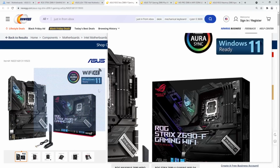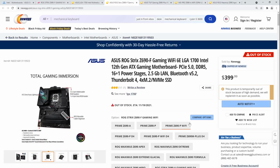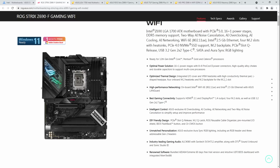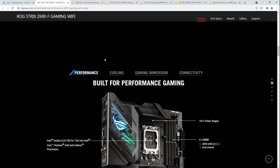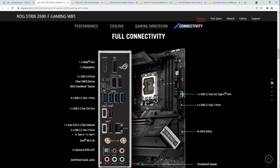Because at $400, you can get the MSI Carbon. And the MSI Carbon has a lot of connectors. So many connectors. And a postcode. This, because it's an ASUS motherboard, of course does not have a postcode, because why would you want to know why your system doesn't turn on? Right? Same rear I/O, actually, maybe slightly... Oh, the optical